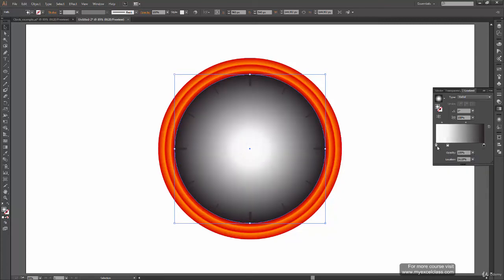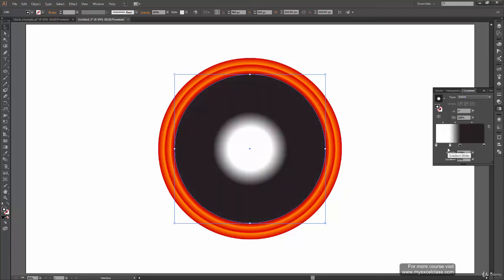Okay. And then again, if you want to create a bucket of the same color, you can press Alt on your keyboard, drag that bucket, and you will get a bucket which is of exactly the same color. So again, I'm gonna do the same thing with the black one, and press Alt and drag the bucket, so you will have a duplicate bucket over there. And when I bring these two buckets really close, you can see that I have a very sharp line over here. So I think I'm going to achieve something like that very easily. Okay, so here we have achieved something.